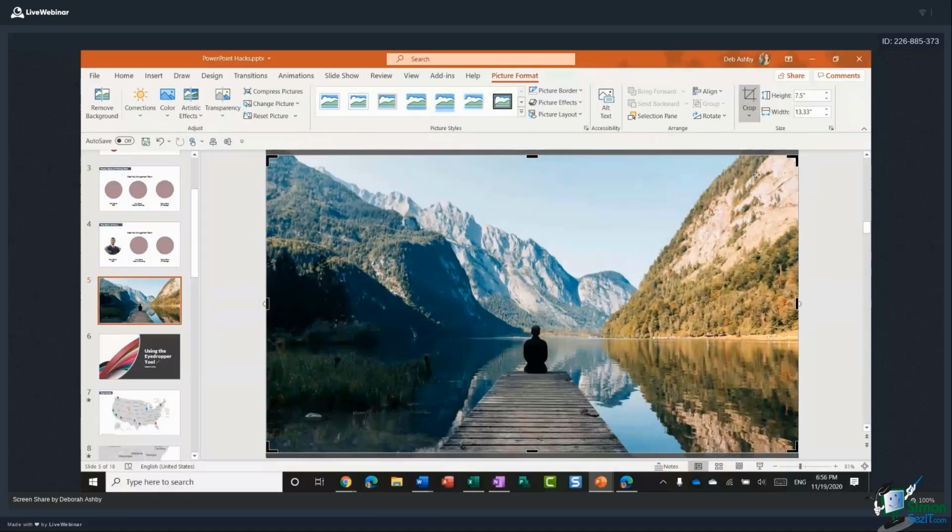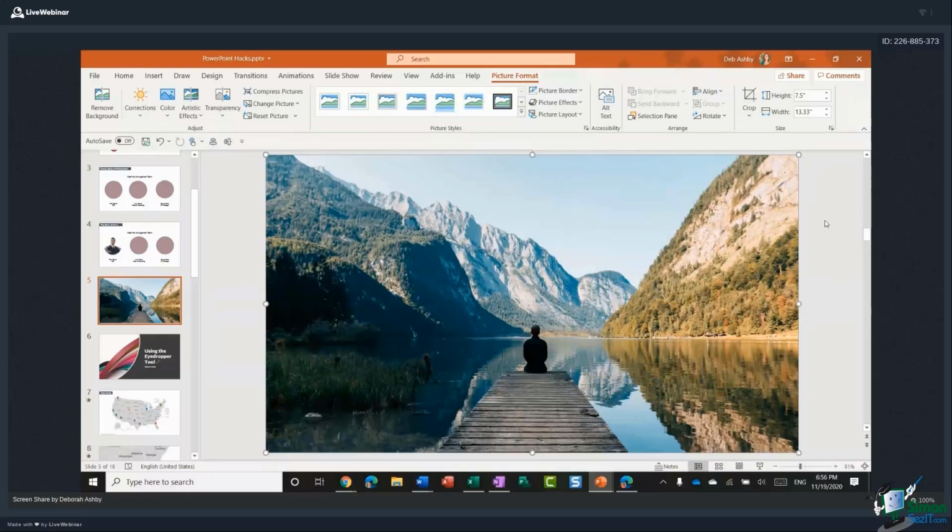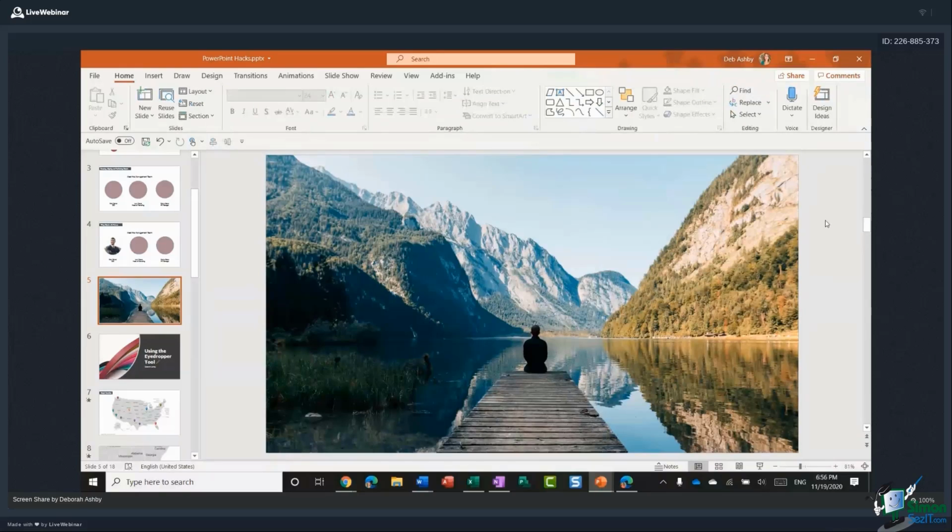And what it does is instead of stretching the image, it zooms in. So it's keeping the aspect ratio, but it's filling the page. And once you're happy with it, click on the crop button, and there you have a perfect image that takes up the entire space. So the crop and fill utility is such an important tool to know and use when you're dealing with images.